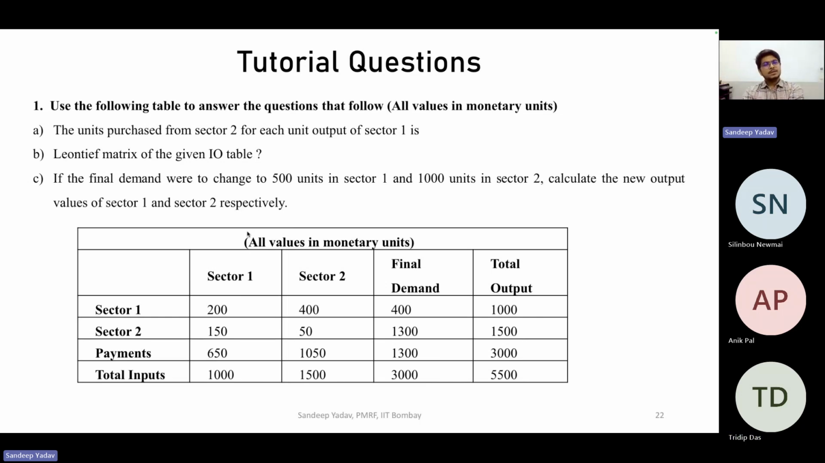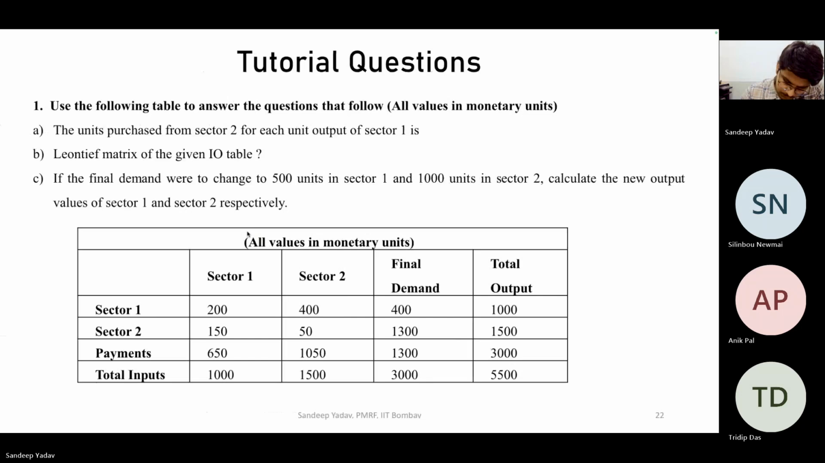The first question asked: the units purchased from sector 2 for each unit of sector 1 is equal to what? So we have to solve it. That's asking for Z to 1, that's asking for A to 1. A to 1 would be, so we know